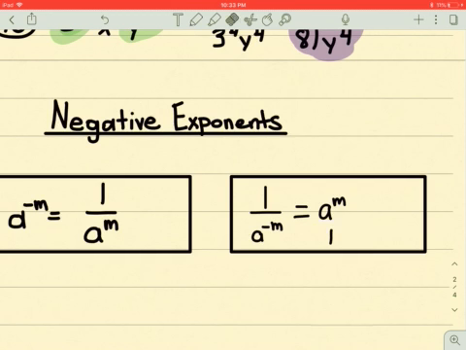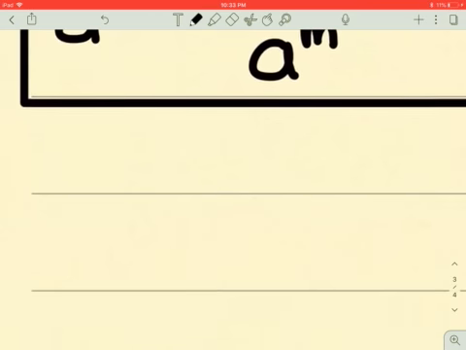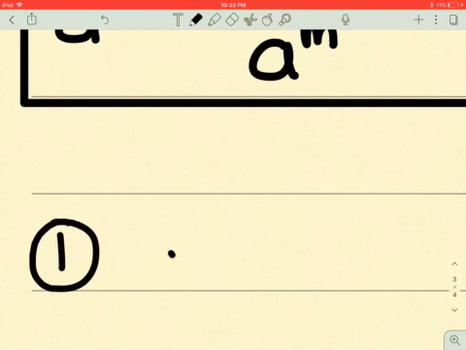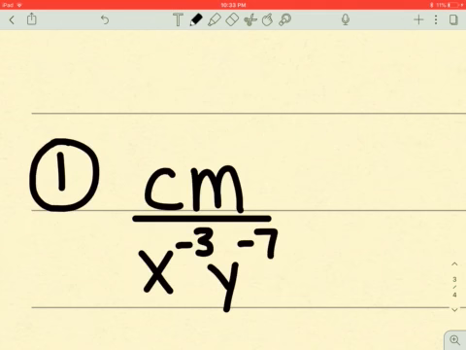Okay, so let's look at some examples, and like I did yesterday, I'm going to be pulling these straight off your assignment. They might not be the exact same, but they're going to be awfully similar. So if I do example 1 right here, and I'm going to zoom in so it's easier for me to write. If I have something like, say, cm over x to the negative 3, y to the negative 7, to make my exponents positive, all I have to do